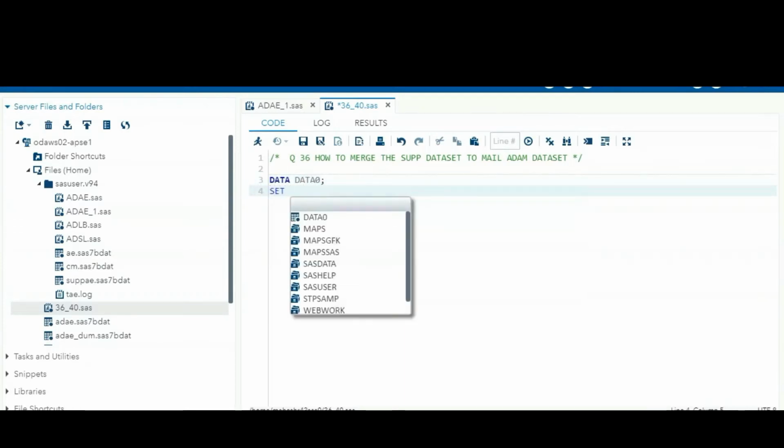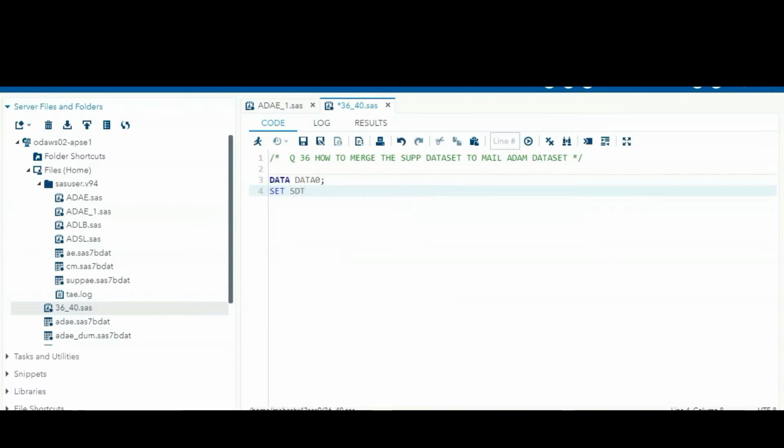We have to pick from the SGTM data. Here I am picking the SGTM AE data set, so we are going to do the analysis on the AE data set. Then just run the data set. We have to pick all the variables from the SGTM AE data set.